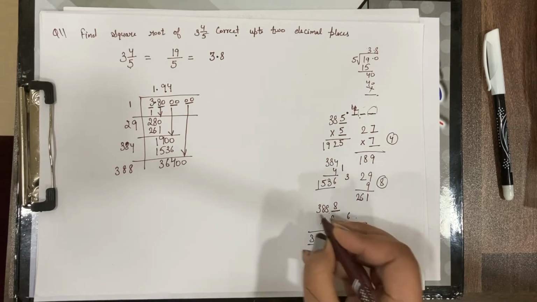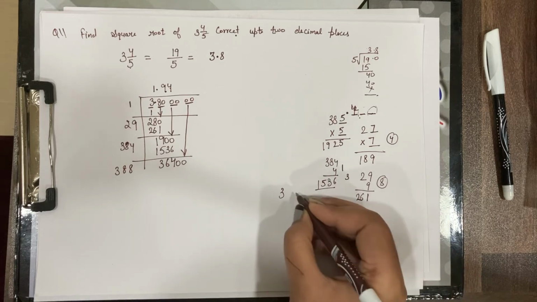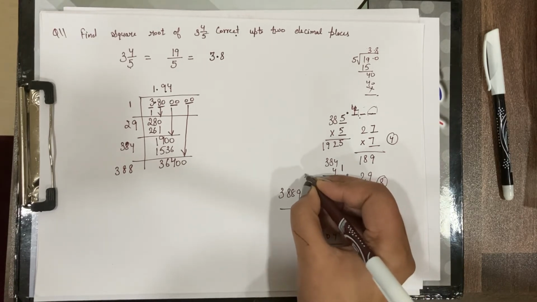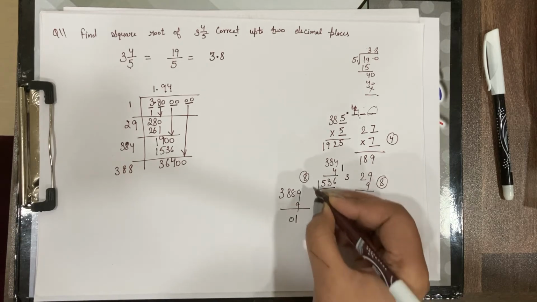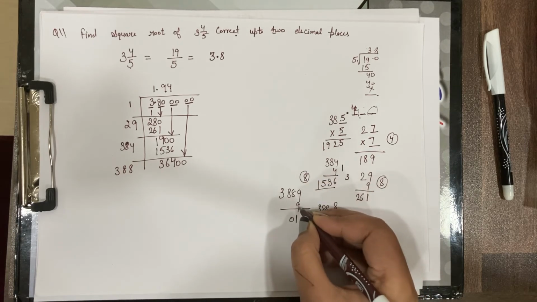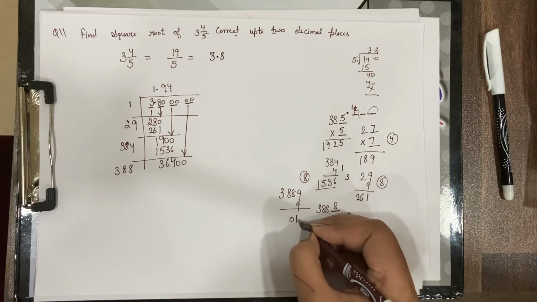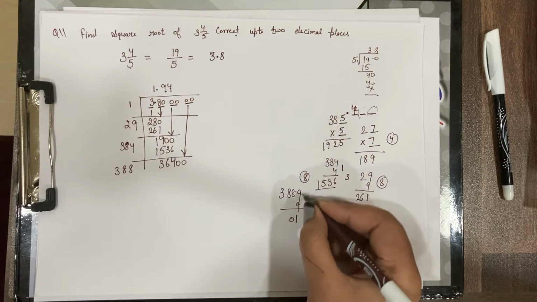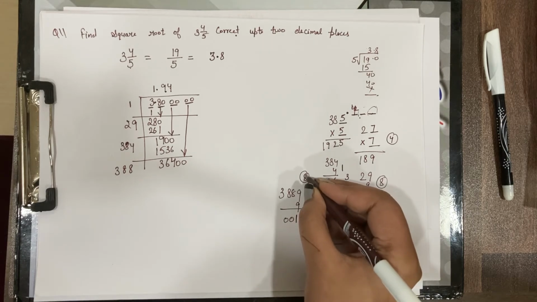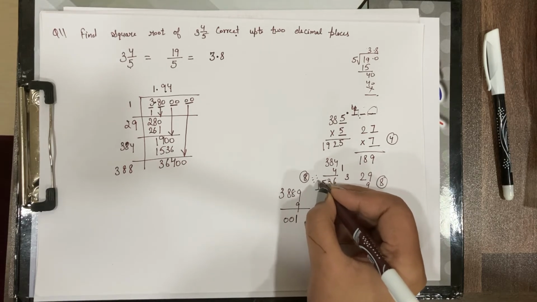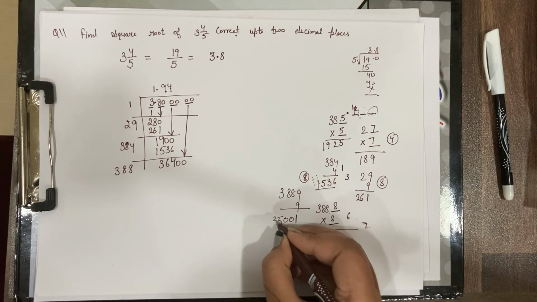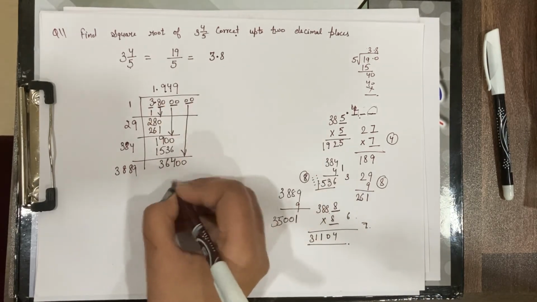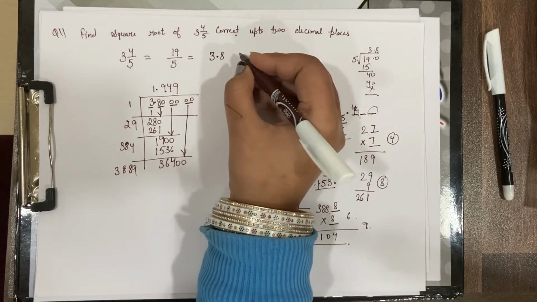You can try 9 also. 3, 8, 8, 9, 9. So yes, this is the number, 9 here and 9 here. So whatever it comes, now we know the square root of this is